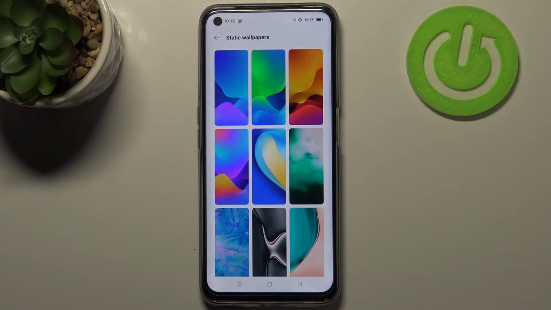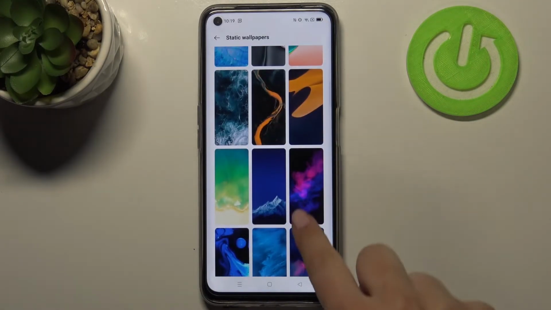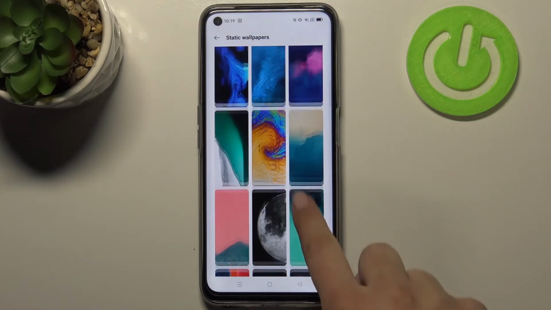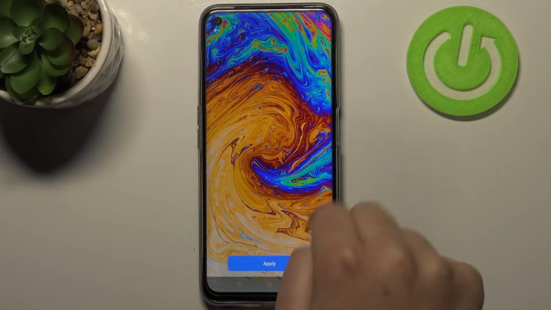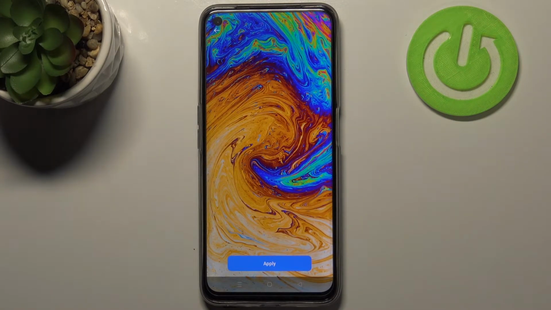I will pick the static wallpapers, and as you can see here we've got the list of the fully installed wallpapers from which we can choose. So if you'd like to check the preview of the wallpaper, just tap on it. And as you can see, it will immediately appear on the full screen, so if you're happy with your choice,